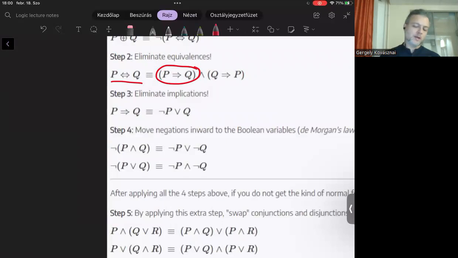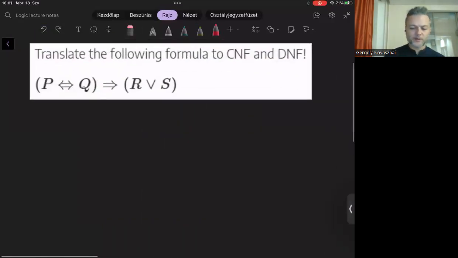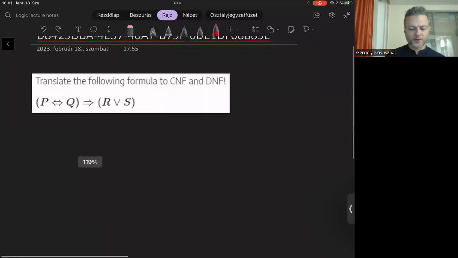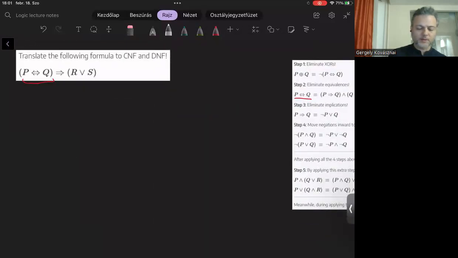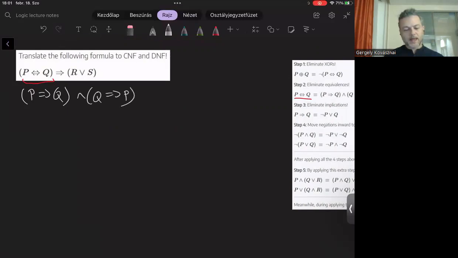Implication, which implies the right-hand side from the left-hand side, and another implication in the other way around, and they are connected with a conjunction like that. So this is what we are going to apply right now to this part of the formula. So P implies Q and Q implies P. And this is going to be the left-hand side of the main implication here in the middle with R or S